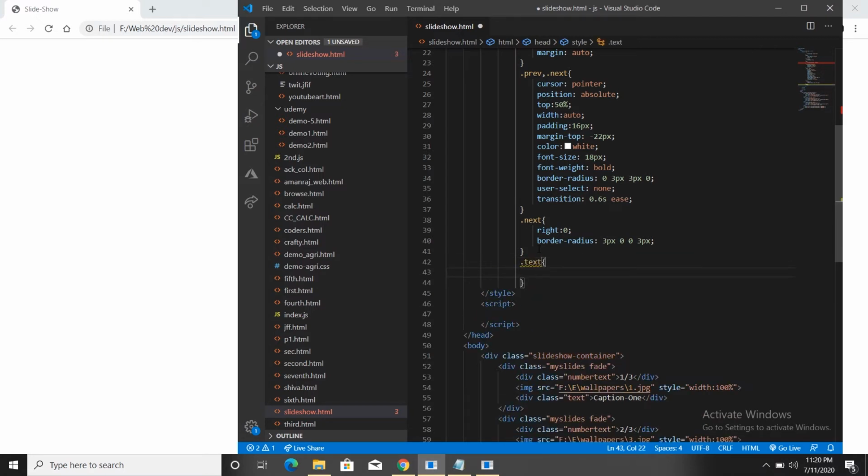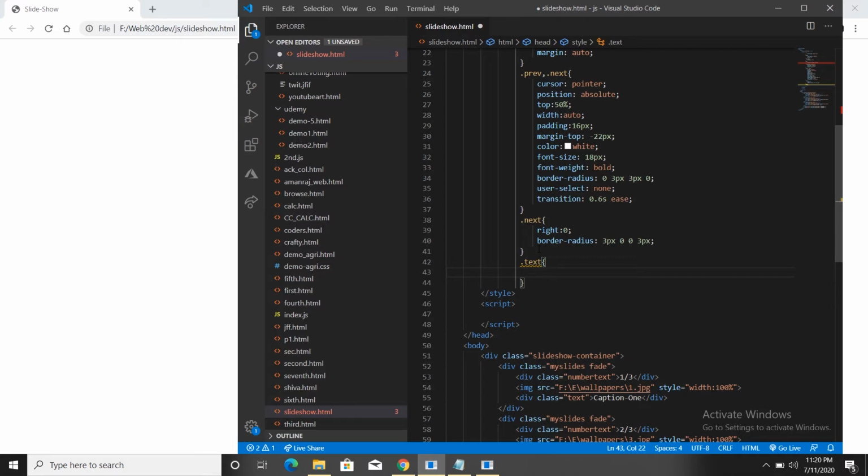So I'll be giving some different color, some different font size, some padding value, position, and alignment will be changed. So I'm doing it. I'll be giving some color value, some font size, some padding value, and changing the position, and the last one will be text alignment. So I'm doing it, and after that we'll continue.